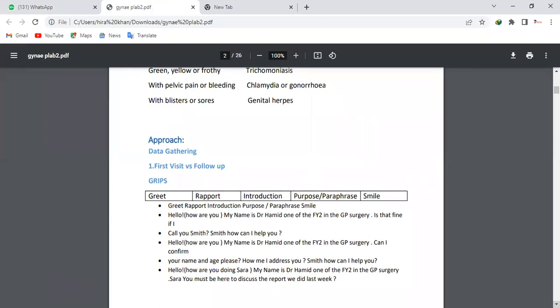You should know that you are supposed to cover all three areas, history taking, IPS and management, but according to the wordings of the scenario, your priorities might be different. For example, if they say talk to the patient and explain the results, without any doubt I will take the history and discuss the management, but they have clearly said what they want from me is to explain it. So my priority would be to explain the results thoroughly and address the concerns.